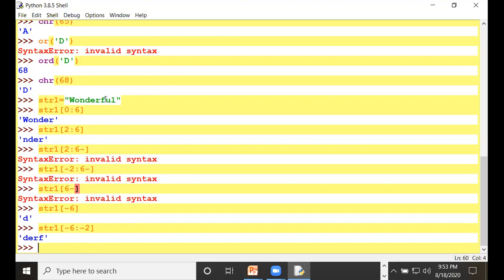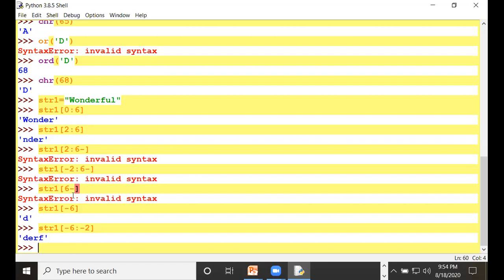So the first, beginning and last 2 characters will be removed. Total length is 6. Out of 2 from the last to the second position, after the second position, how many characters are left? 4 characters are left. So it will display like this.